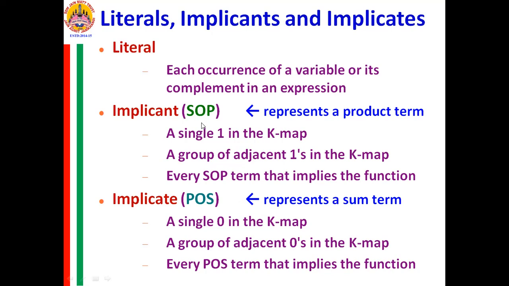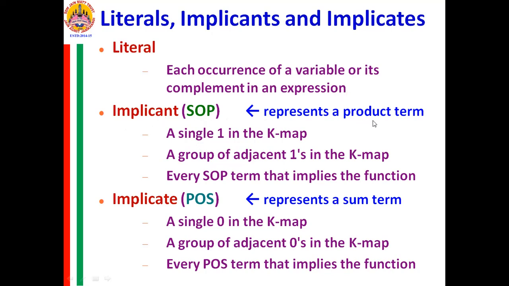So every product term, even if it is in a reduced form, can also be called an implicand. So if all the variables are not present, if some of the literals are dropped, and for a 3 variable function we have a product term of 2 variables, then that product term is also called an implicand. So what is the implicand?